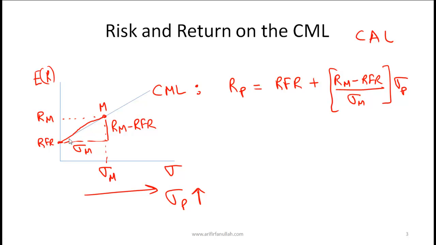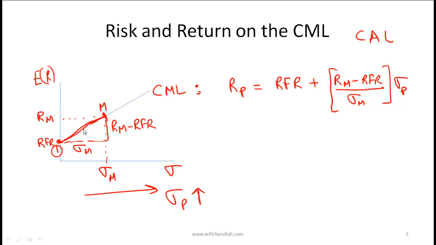This CML can be broken into two parts: the part before the market portfolio and the part after the market portfolio. So let's understand these points. This point, let's call this point 1. At point 1, our portfolio consists purely of the risk-free asset. At point M, our portfolio consists of purely the market portfolio that I have talked about earlier. And between point 1 and point M, we have a combination of the risk-free asset, which is, say, the T-bill,